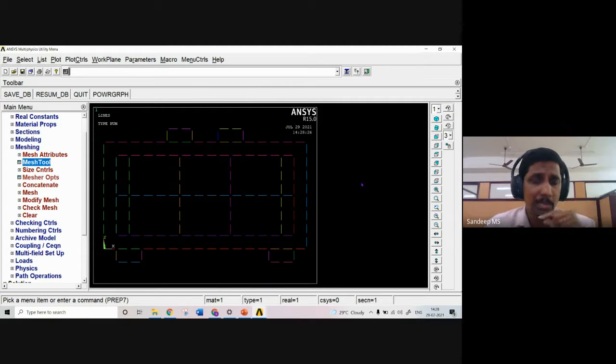Now, one important point here is that, say we have modeled the bearing plate, the concrete, the 16 mm bar, the side face reinforcement separately. And these things are now simply floating in space. They don't have any contact with one another. So after this meshing, we have to ensure that there is proper contact between this reinforcement and the surrounding concrete.